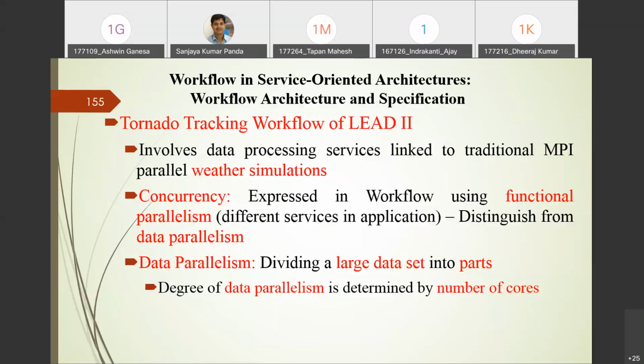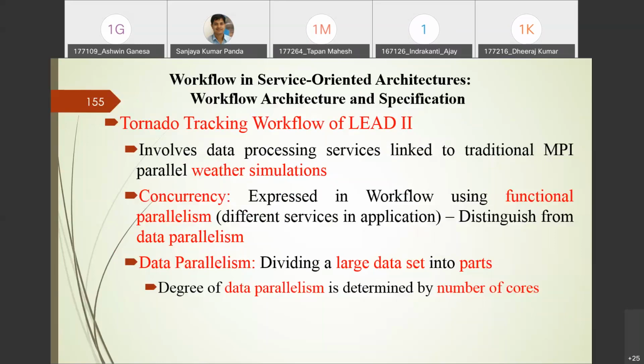This is pointing to weather-oriented, or you can say climate-oriented, simulation, right? The concurrency here is expressed in the workflow in terms of functional parallelism. Functional parallelism is distinguished and separated from data parallelism.